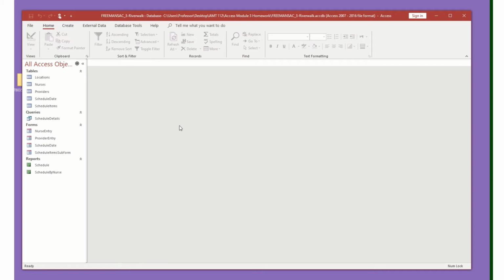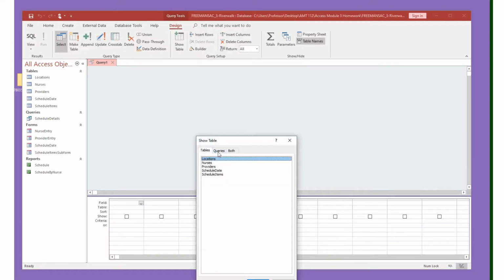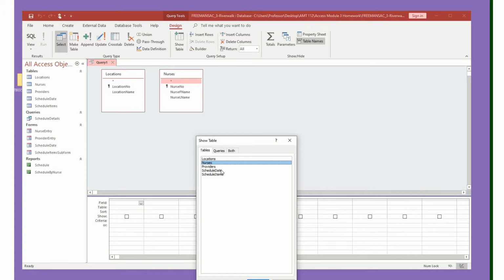Okay, Independent Challenge 1. I've already downloaded the student data file, added my last name and first initial to it, and called it Riverwalk. So that was step 1. Step 2 is to create a query in query design, adding the locations, nurses, schedule date,